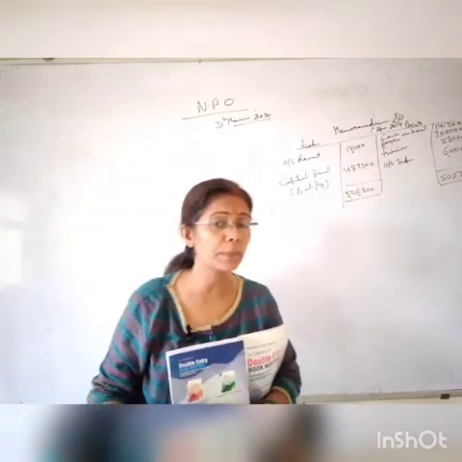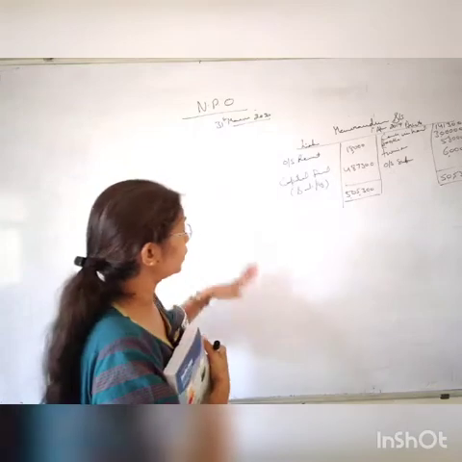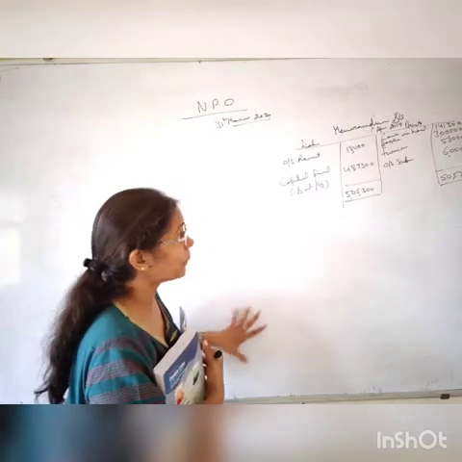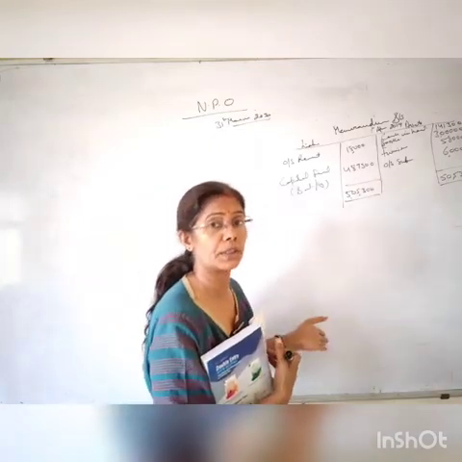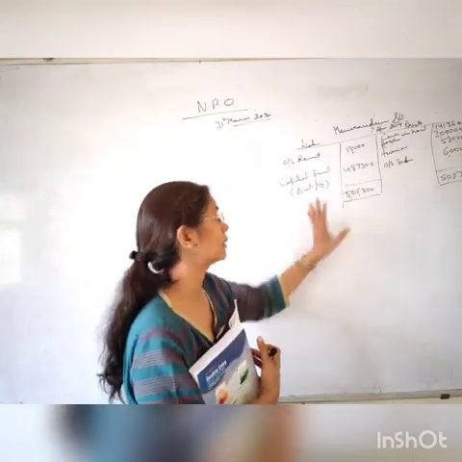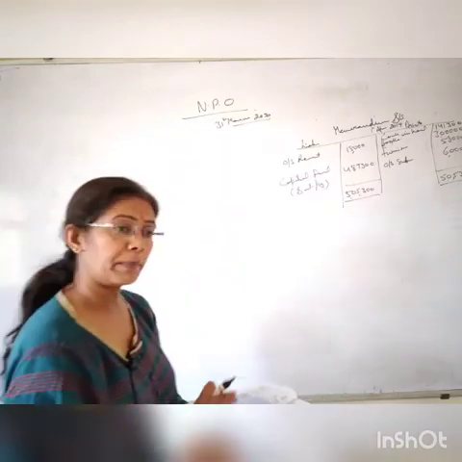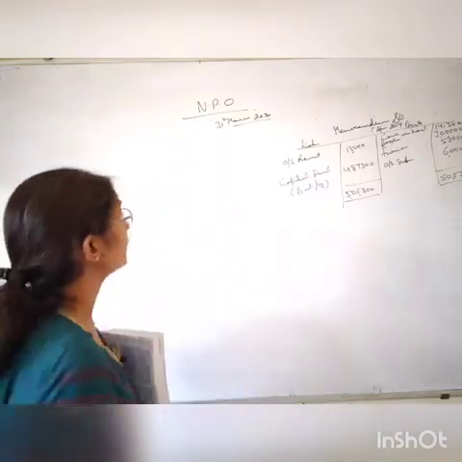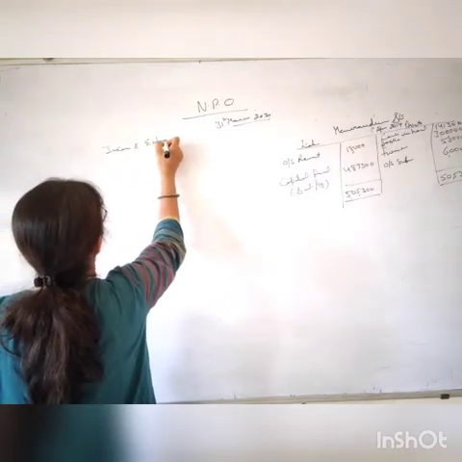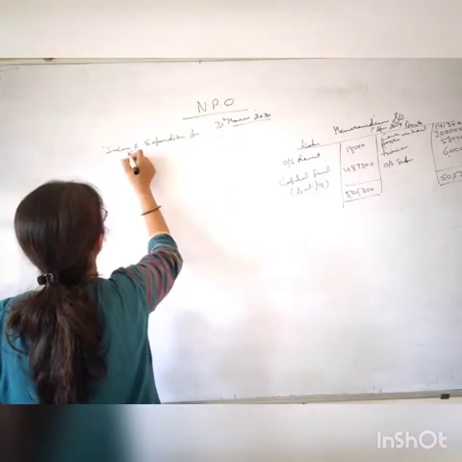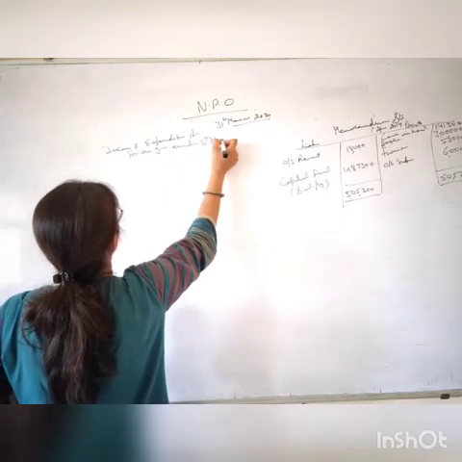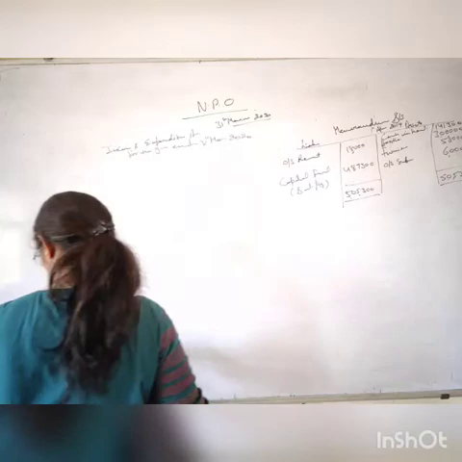Once again I am telling you, why do we prepare it? We prepare it because, very soon you will watch, when we prepare the current year's balance sheet, you prepare it with the help of the previous year's balance sheet only, right? And we need the capital also, which was not given in the question. So I have to prepare this, okay. Now receipt and payment is already given. Now we will prepare income and expenditure. This is my income and expenditure account for the year ended 31st March 2020.